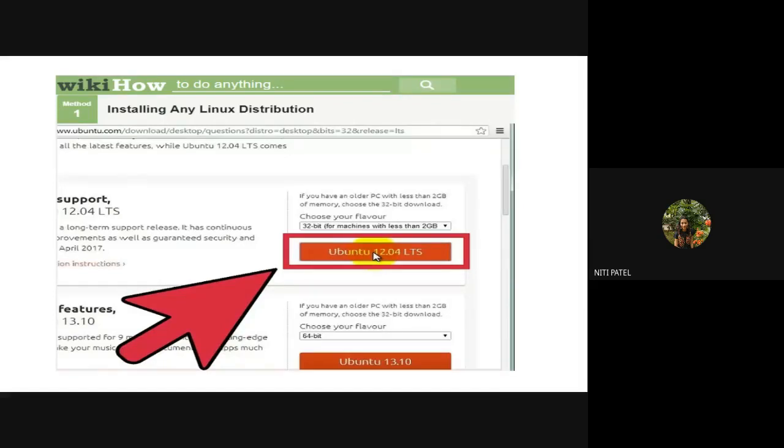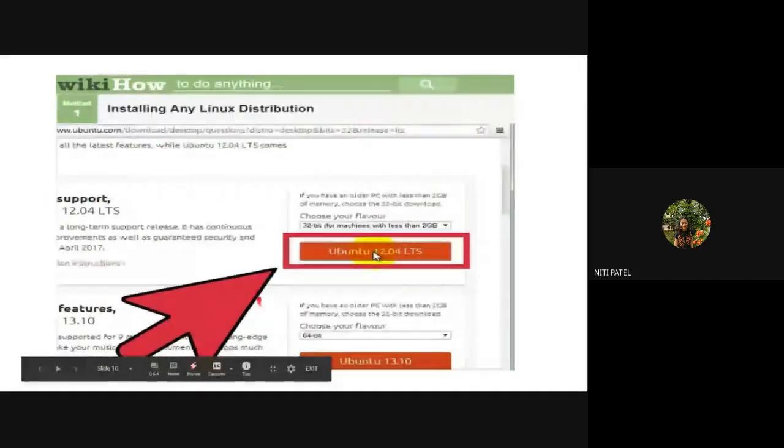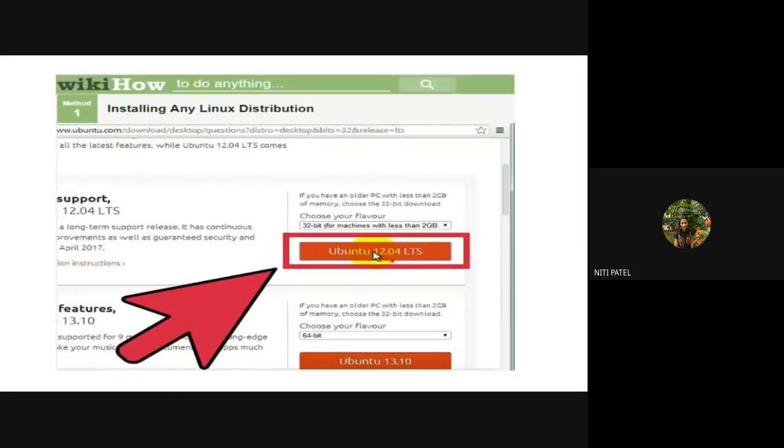Whichever is the first link that you get will allow you to download the operating system. Now if you see, you will get an interface like this. Okay, the version I am installing over here is Ubuntu 12.4. So what I have typed into my Google is Linux version 12 download. So when I get to see this version, I simply have to click this Ubuntu.